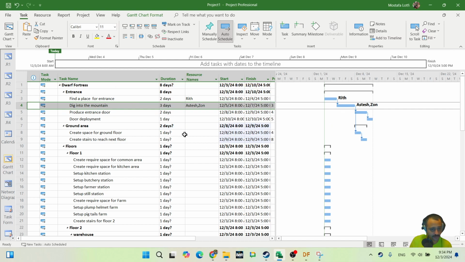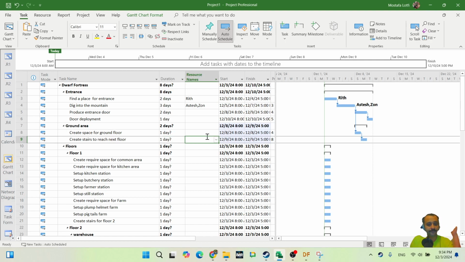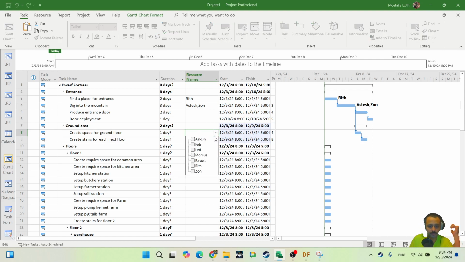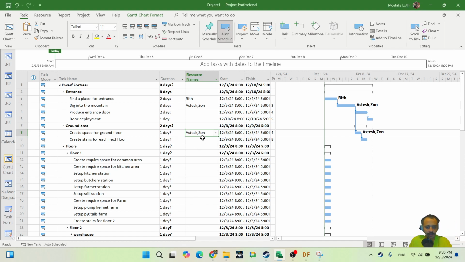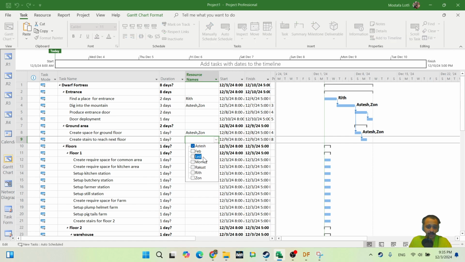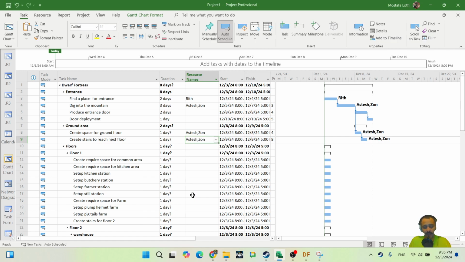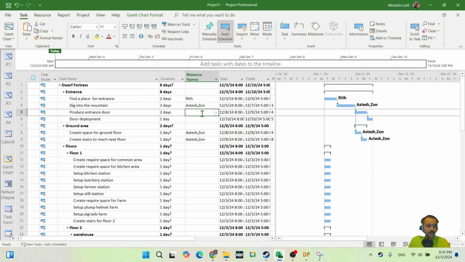Who is going to work on this? Maybe here also. Create a space, definitely our miners, Astesh and Zone, and create stairs, also Astesh and Zone, because as I said, the main job here is by them. But I didn't select resource for these two. Who is responsible to produce the entrance door? Now suddenly say, okay, we want to produce the door, but